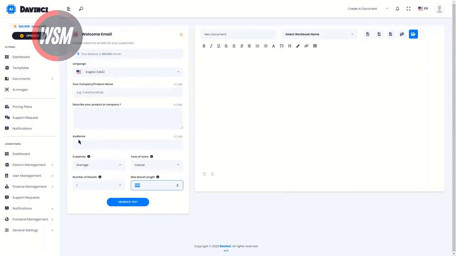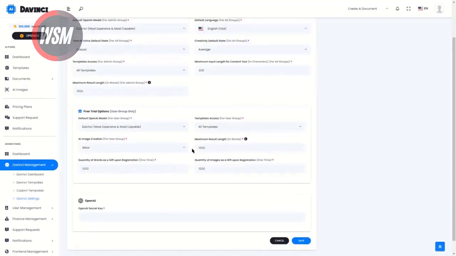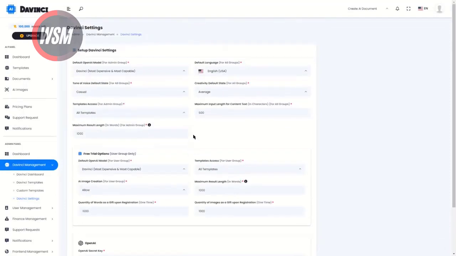So max result length is something you set up on the left. So let's go to the DaVinci management. Let's go to the DaVinci settings, and I'll explain all the features there so it will be clear for you. This is the place where you set all the default settings when it comes to the DaVinci usage. Now, the name of the DaVinci script, but you can change the logo, you